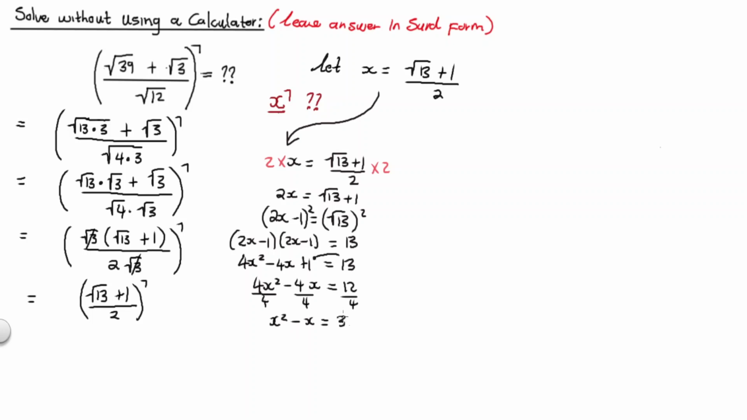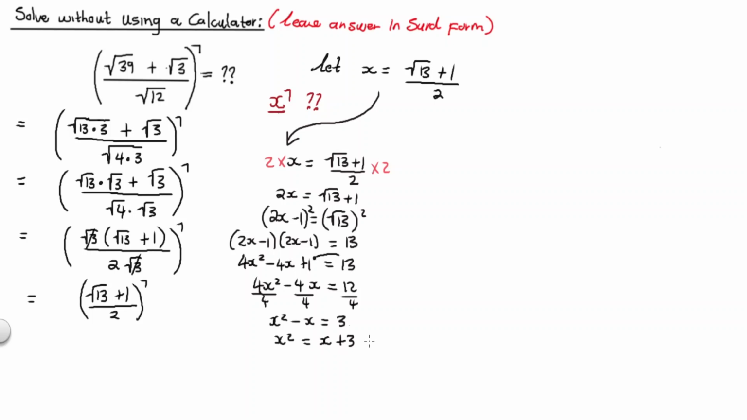Then I'm going to transpose the x squared... I'm going to transpose the x. No, perhaps let me start with the x here. So the negative x, when transposed to the right hand side, becomes positive x, plus 3. Okay, you may be wondering why